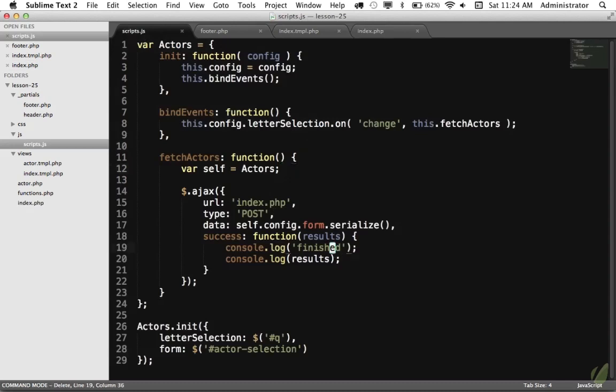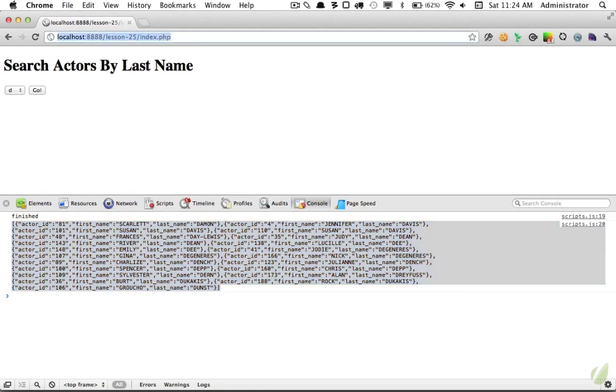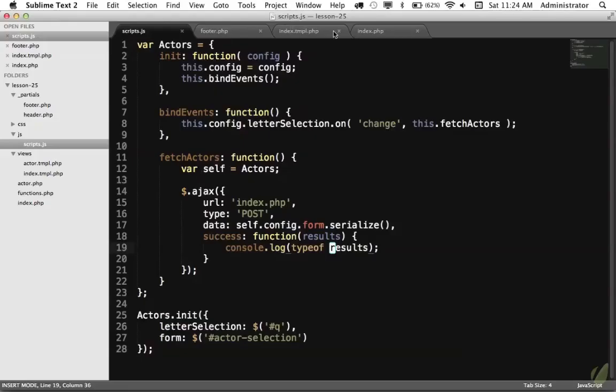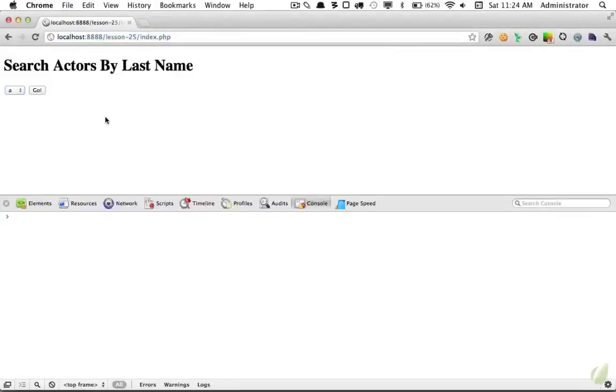But I want to show you something else. Instead of logging it, let's log typeof results. Are we getting a string back, or are we actually getting an object? Let's choose D, and we get string. Well, we encoded it with PHP. We know that, so when we get it back, it's a string. Why don't we tell jQuery that the data type we expect in response is going to be JSON? Now let's do it one more time, select D, and because we did that, now jQuery knows to parse it